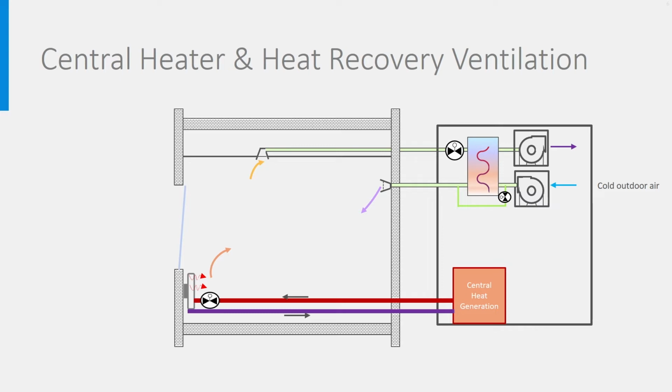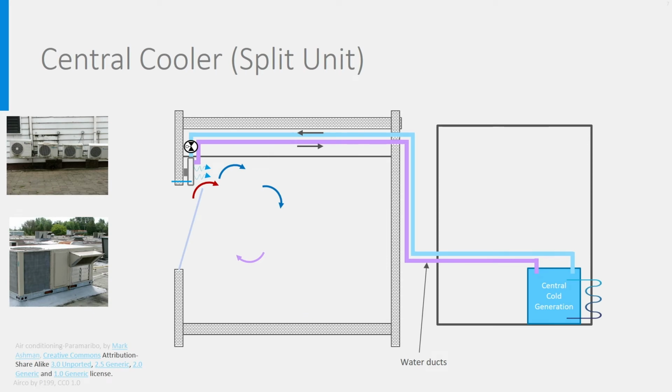When it comes to cooling, the simplest system is the so-called split unit, the most well-known air conditioner. You see it here above the window with a small blue line below indicating the drain. Don't forget about condensation on cold pipes and surfaces. The central cold generation on the right is also called the outdoor unit, as it is often placed on the roof or the outdoor facade. Or there is a unit for each room, like on the picture above. It is a chiller, also called cooling machine or reversible heat pump.